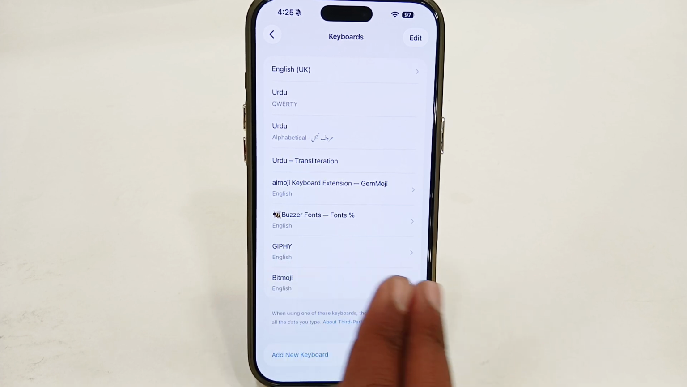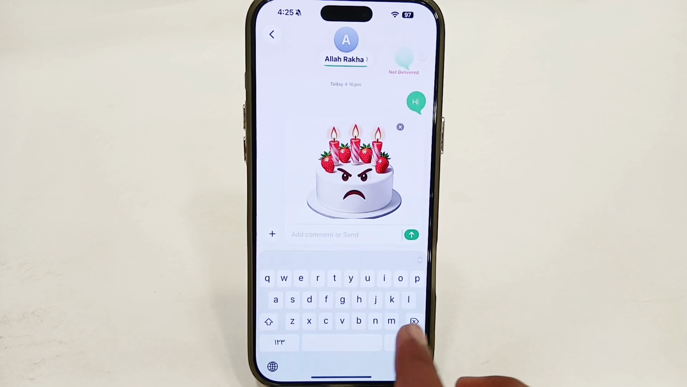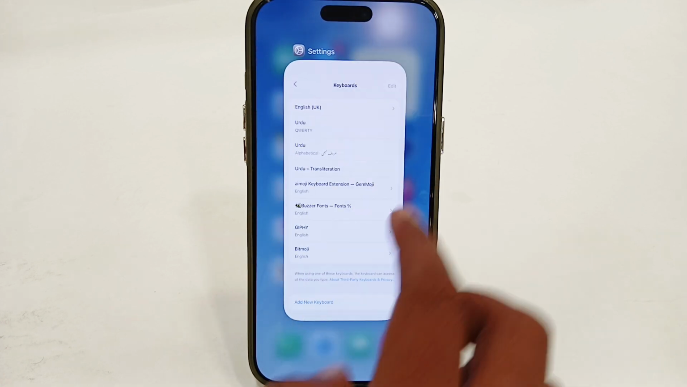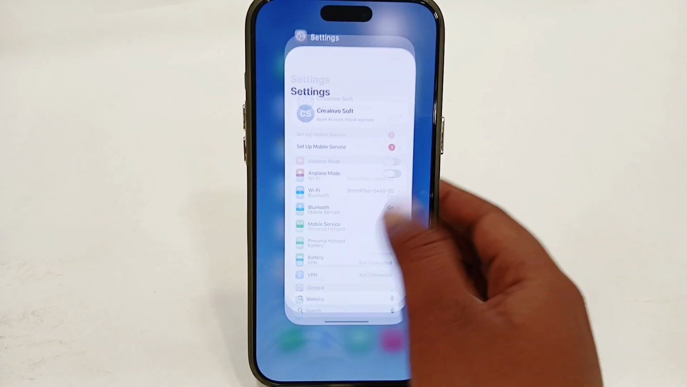So once you have deleted your emoji keyboard, you are not able to use your emojis here. You can see there's no emoji option. So now to get it back or to get the latest emojis, just swipe up or close your settings app,